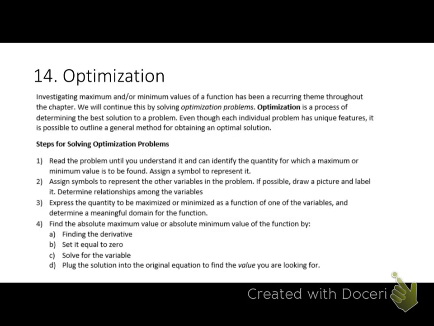This is section 14, optimization, example 1. So now we're going to talk about optimization. And when you think optimization, you should think the best, right? That best outcome you could come up with. And really what we're doing is we're maximizing something. We're trying to maximize our profit, or